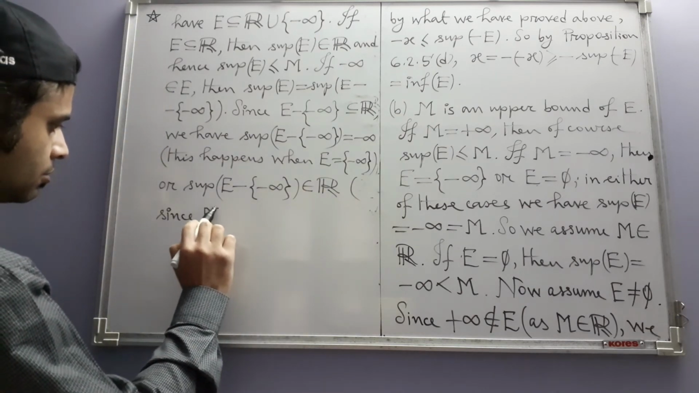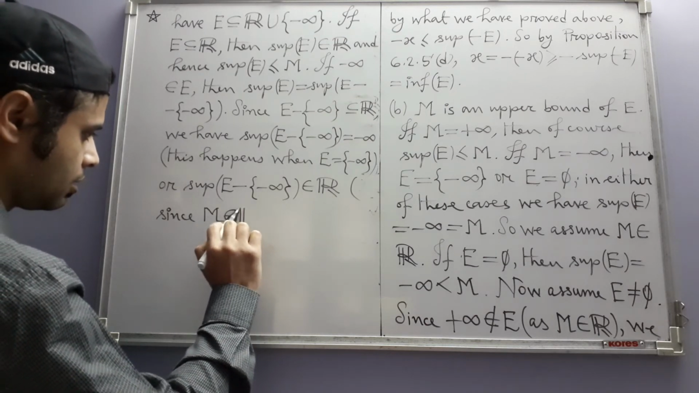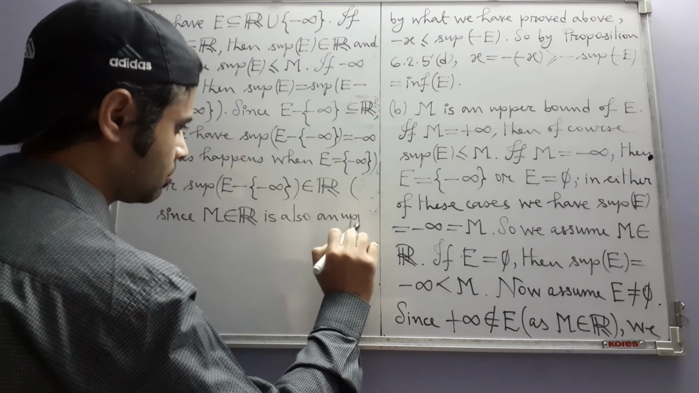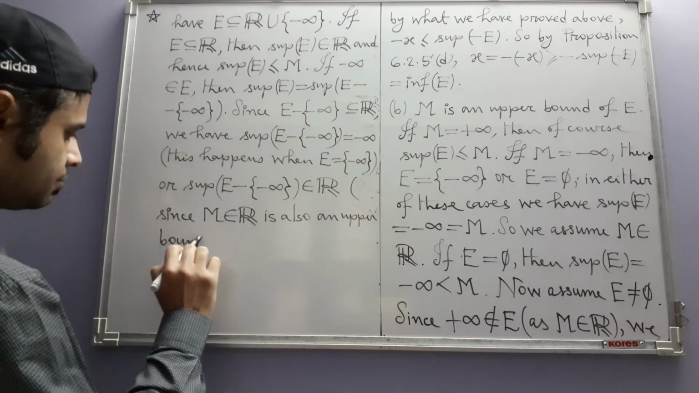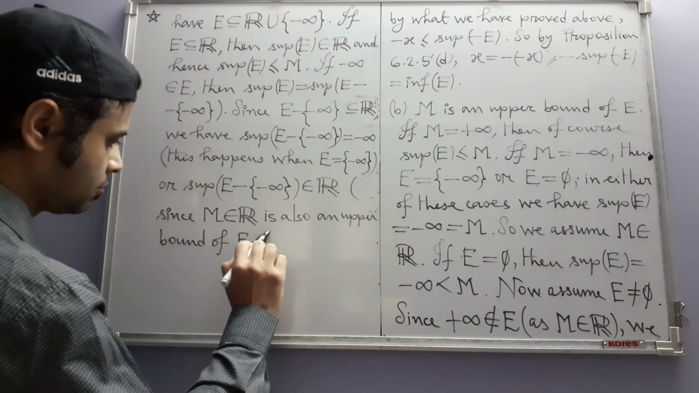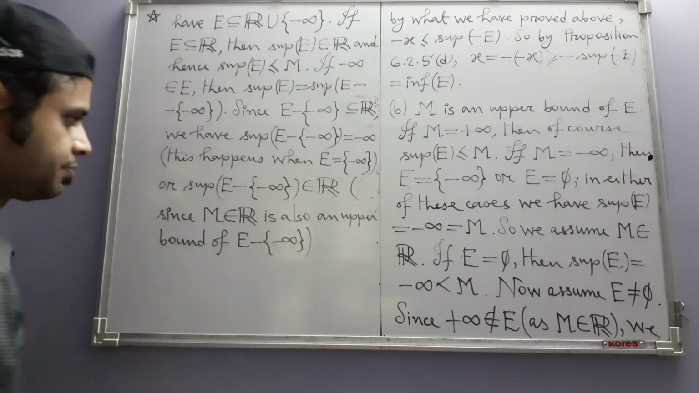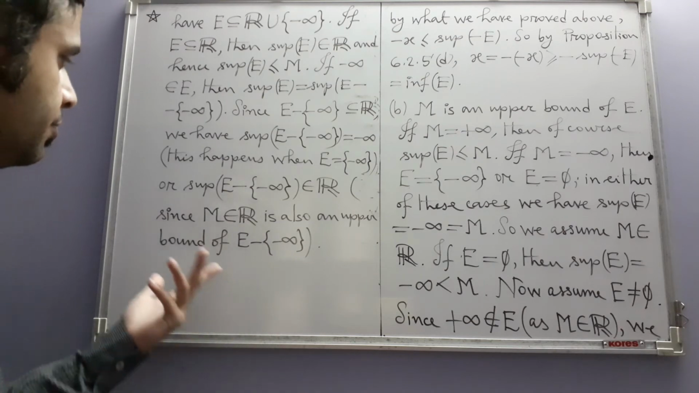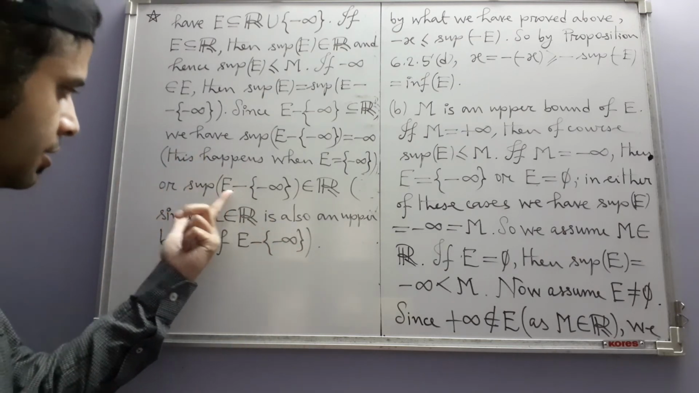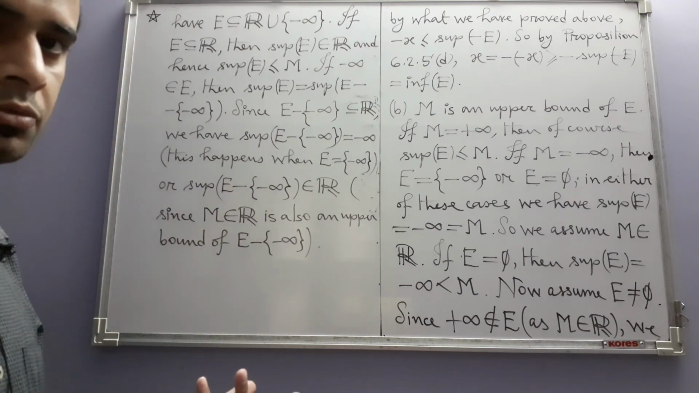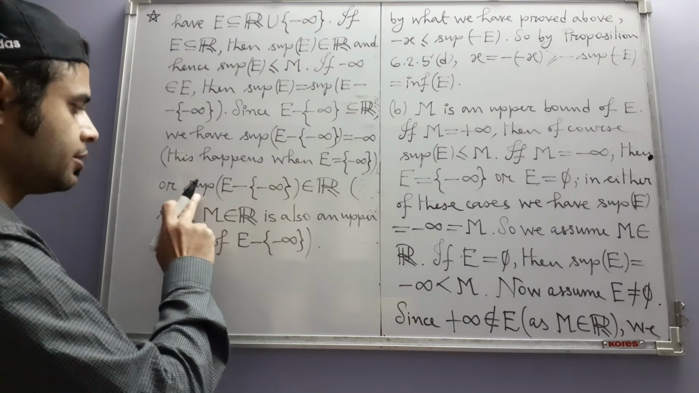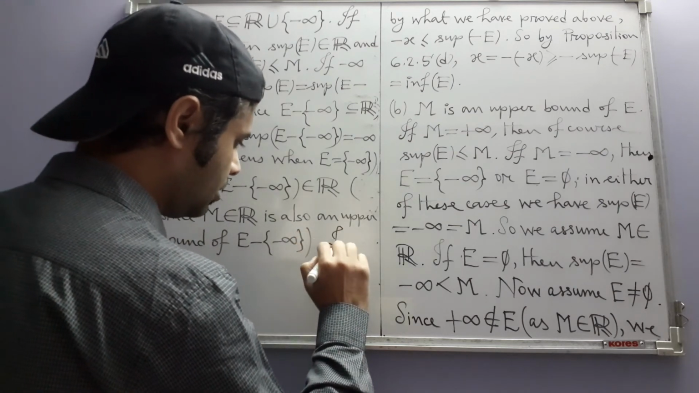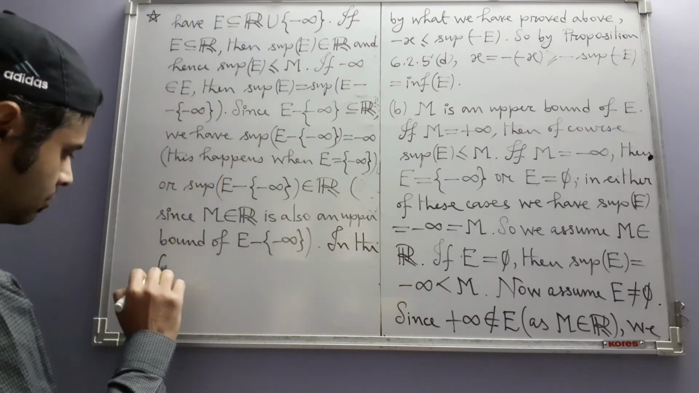Since M belonging to R is also an upper bound of this subset. So if this subset is empty, then its supremum is minus infinity. And if it is non-empty, then it is also bounded above by capital M, because it's a subset of E and E is bounded above by capital M. So in that case, its supremum again by least upper bound property will be a real number. In the former case,